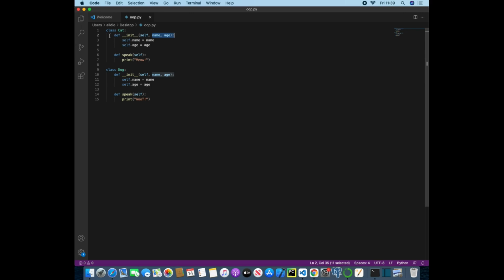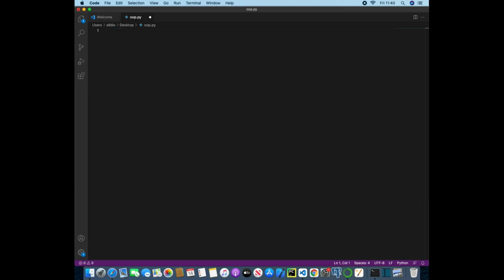So what we can actually do here, instead of having this put into both, because it is duplicating the code, it's messy, it's not very good, because if we wanted to add in self.legs is equal to legs, self.coat is equal to coat. So if we wanted to say that the cat had 4 legs and a brown coat, then if we wanted to do the same with the dog, we'd then have to manually type it in. Whereas what we can actually do is, if I just delete all of this, we can then create the